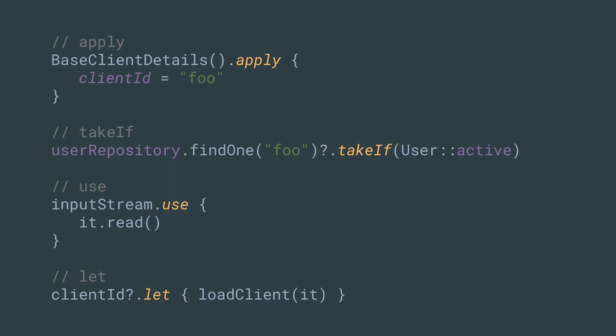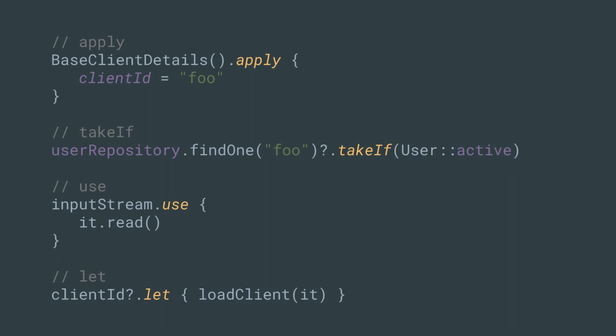A new one that came out in Kotlin 1.1 is takeIf. Basically, what that does is it evaluates that lambda. That's another form for a lambda, once again, just like in Java. And if that lambda evaluates to false, it just gives you null. That, coupled with Elvis and the safe navigation operators, allows you to do more compact validations without the need to chain ifs or to have all those nested null verifications.